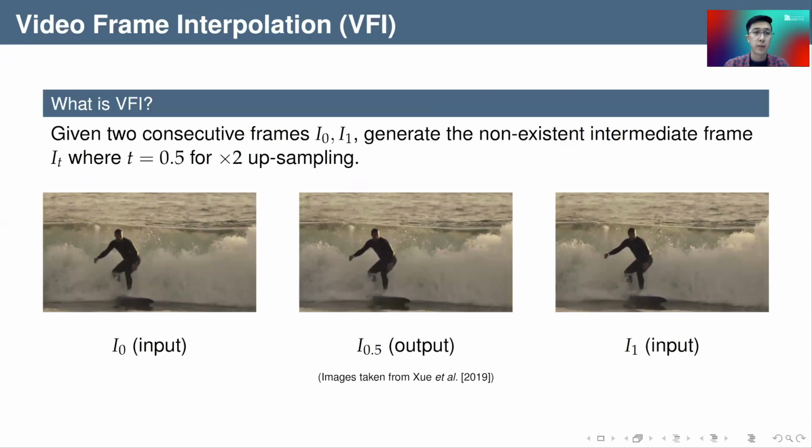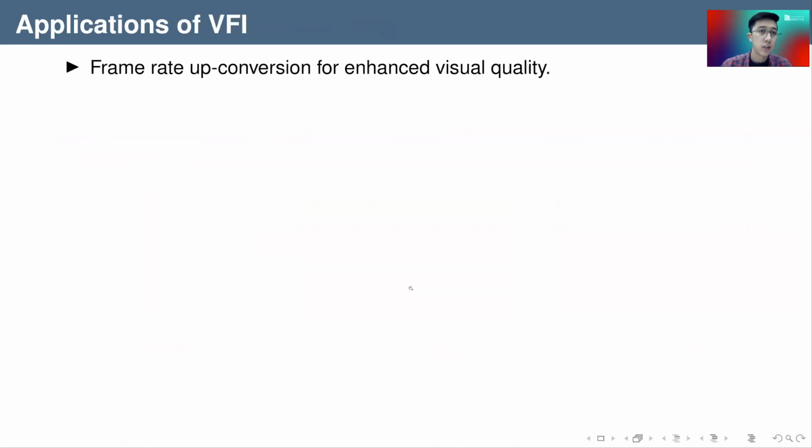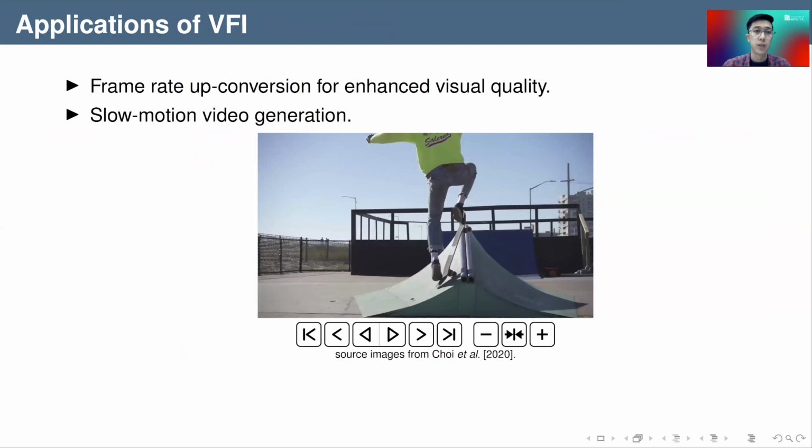So what is video frame interpolation? It is a task of, given two consecutive frames in a video, I0 and I1, to generate the non-existent intermediate frame, IT, where T is typically 0.5 for two-time upsampling. So it can be applied in many fields, for example, to upconvert the frame rate of a video for enhanced visual quality, also to generate slow motion videos such as this one,